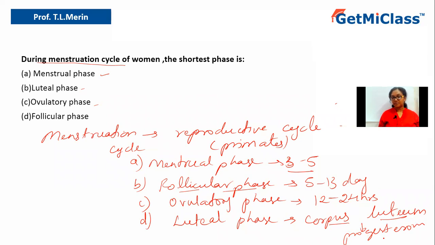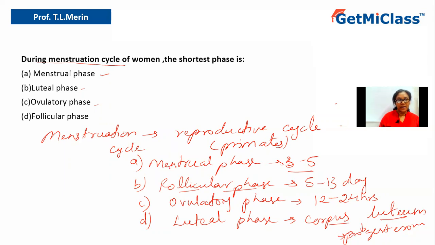Otherwise, after a few days of this menstrual cycle, if the egg is not fertilized, then the corpus luteum will get converted into corpus albicans. Then the new phase will start again. Progesterone is very important for bringing back the endometrium to its strength by building up the layers. That is why the corpus luteum is also very important.